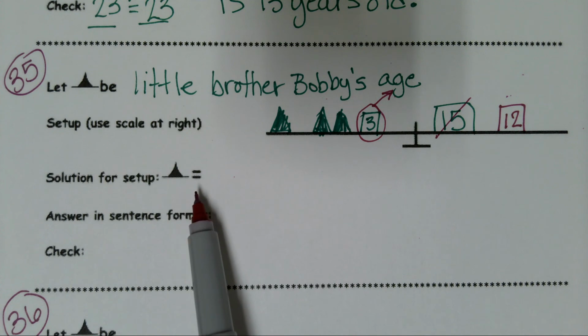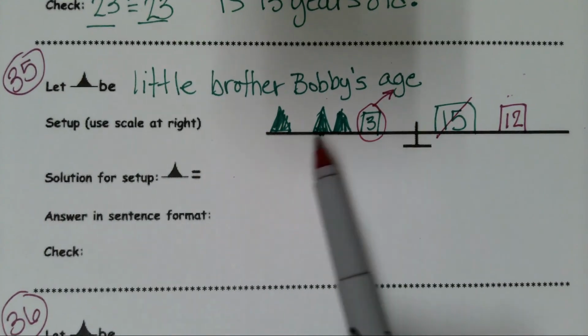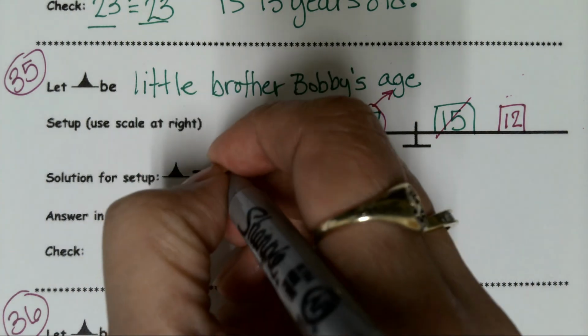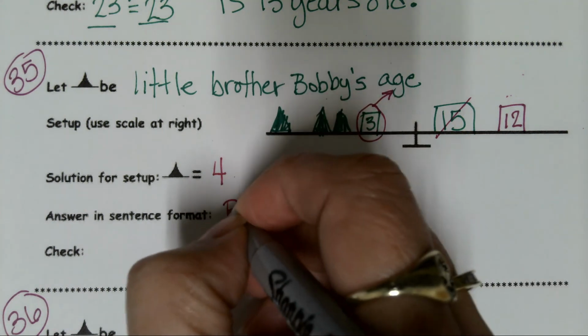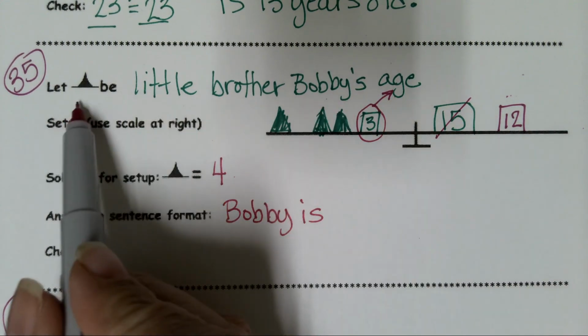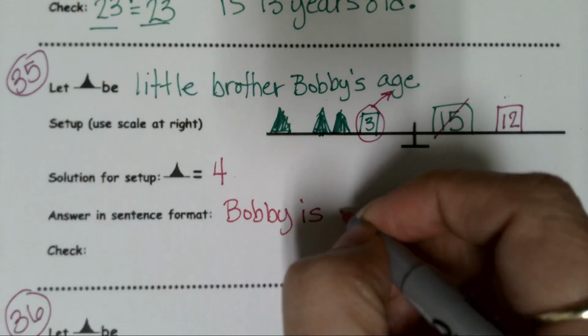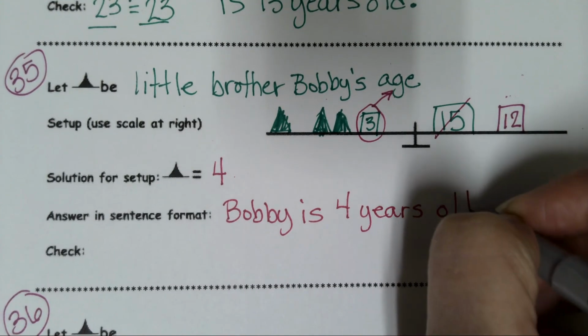What's my solution going to be? 3 times what number is 12? Or 12 divided by 3 is 4. Now we're going to answer in sentence format. Remember, the last part of the question said, how old is each? So first, let's say that Bobby is, we said that Bobby's age is the pawn, and 1 pawn is 4. So Bobby is 4 years old, and